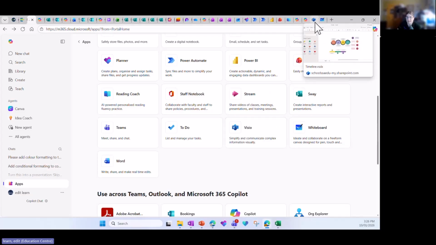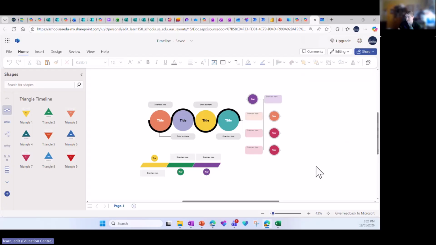So Visio is all about creating charts. Again, you only have access to the web version of Visio, you and your students. There is a desktop version that is more in-depth, but I find that I can do everything I want in the web version. It is fantastic for doing charts and flow charts, and you can then go in,